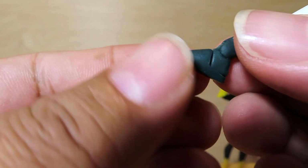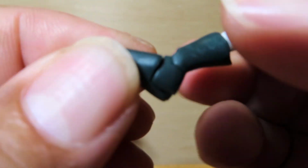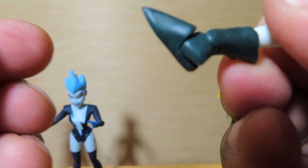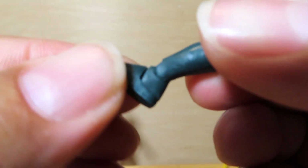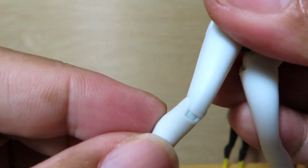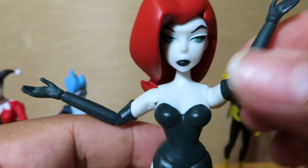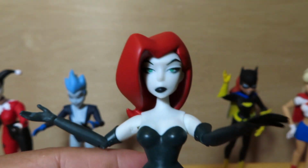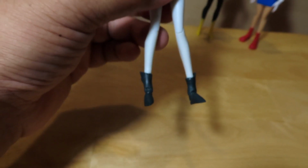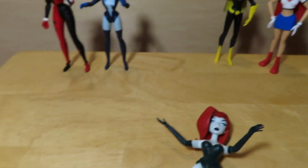And let's see, is there a pivot? Not sure what this joint is at the bottom there at the feet. Oh, okay, there is a pivot there, as you can see. So yeah, you do get a small little pivot there. So not too bad for animated style figures, as you can see. That is Poison Ivy. And I made that point to show the figures with the boots because I noticed with figures such as